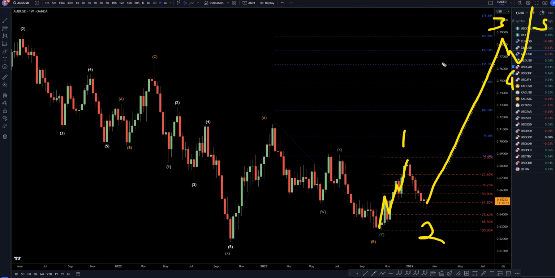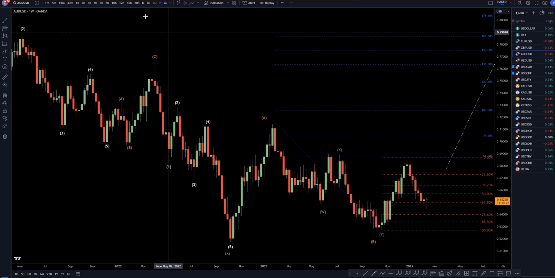And this is all going to be a 1, 2, 3, 4, 5 of wave C, which is a wave C of wave Y. Just like the A over here has 1, 2, 3, 4, 5 waves, the wave C of wave Y should also make a five-wave pattern to the upside.